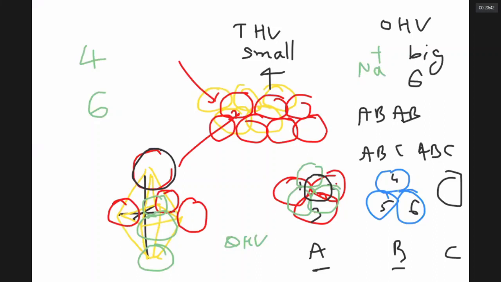Generally, in ionic lattices, how do we find which ions have big coordination number? Coordination number means the number of oppositely charged ions surrounding a particular ion. In ionic solids, bigger negative ions make the lattice and smaller positive ions sit in the gaps. When the smaller positive ion sits in an octahedral void, it is surrounded by 6 anions. When the positive ion sits in a tetrahedral void, it is surrounded by 4 negative ions.